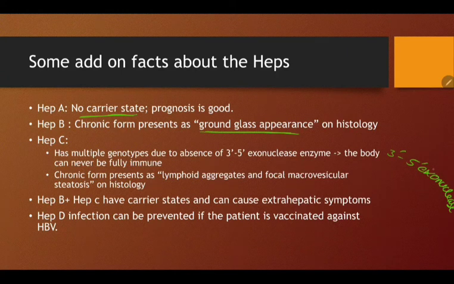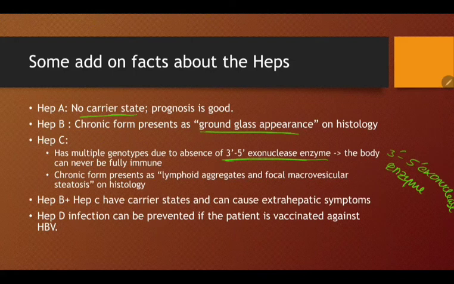3'-5' exonuclease, sorry, I'm going on a tangent, enzyme. And because of that, right here, there is no correction of any errors during the replication process of this virus. So there are multiple genotypes of these molecules. Our host body, the human body, cannot fully be immune or cannot have a foolproof plan against